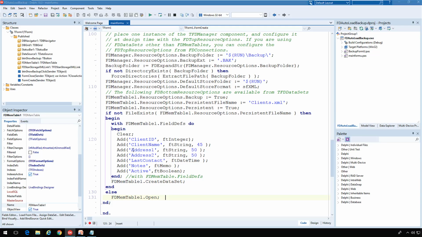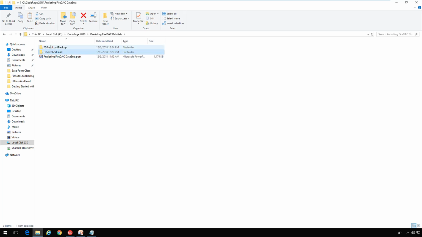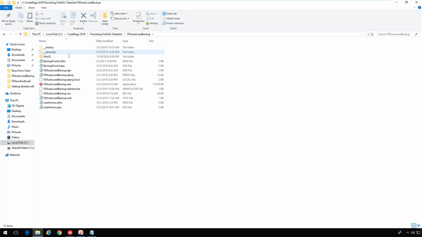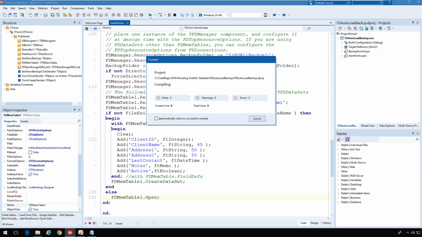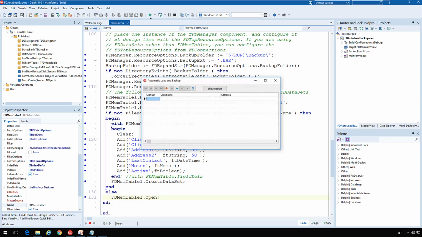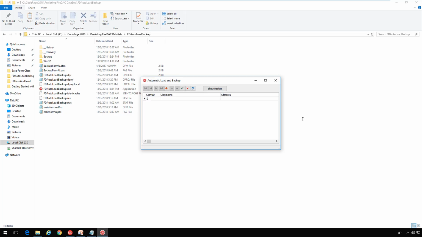So let's take a quick peek at the directory so we can see that before we start. The directory for this project, and I'll show you that initially we have no backup folder and there's no clients.xml project. So come back over here, let's run this project. When the project runs, it's going to open this data set that's created for the first time. We go over here, notice no clients because it's not going to be created until we actually save. So let's add some data,